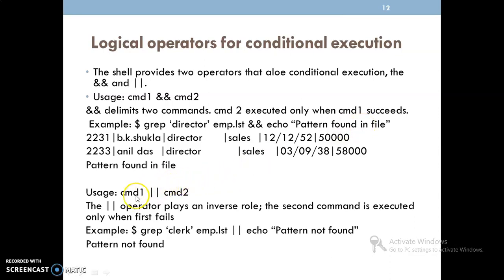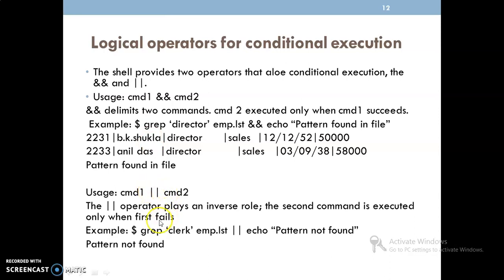Next, we are having the logical OR. It is similar to the logical AND, but the operator plays an inverse role. The second command is executed only if the first fails. With AND, the first succeeded, then the second executed. In this case, if the first fails, then the second one is executed.